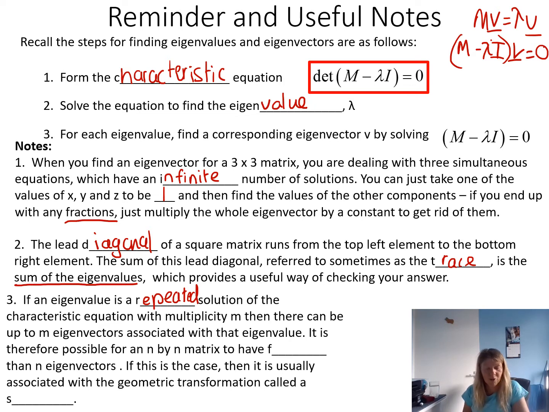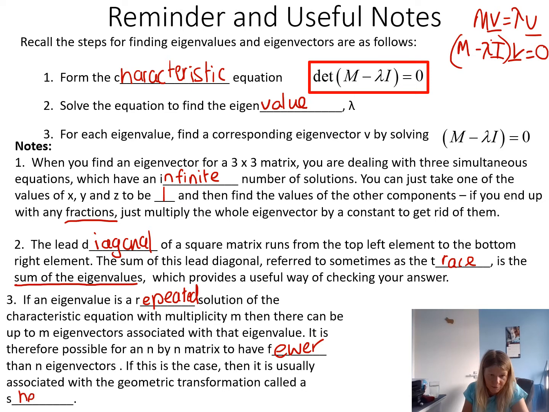It is therefore possible for an n by n matrix to have fewer than n eigenvectors. If this is the case, it is usually associated with the geometric transformation of a